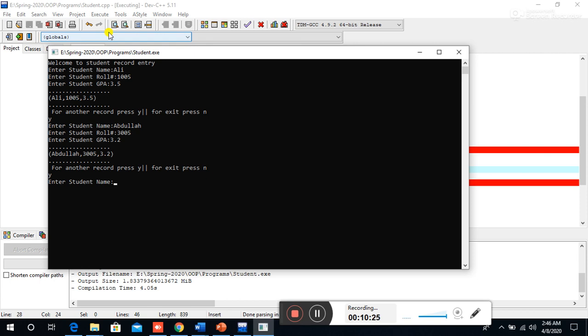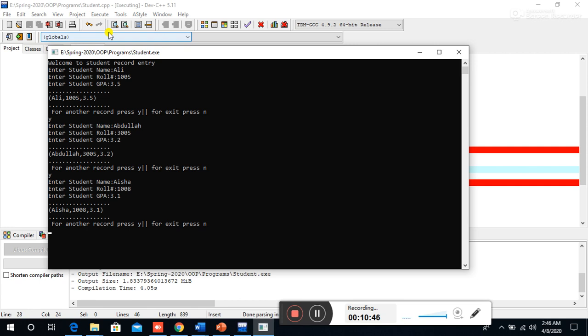So name Aisha, roll number 1008, and her GPA is 3.1. So now I have entered 3 records and printed the output.